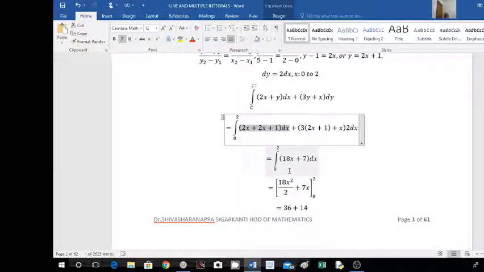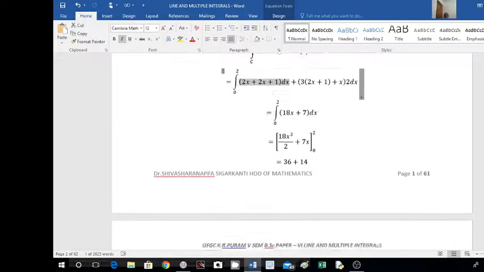Now we can integrate this one. Integration is from 0 to 2. Integration of this is 18 as it is, x integration is x square by 2, plus 7 integration is 7 into x. This is between 0 and 2. Now putting the limits here. First put x equal to 2 here. 2 square will become 4. 4 by 2 means 2 remains. 2 into 18 is 36, plus 7 into 2, which is 14. And if you put the lower limit, both containing x, therefore the lower limit will become 0. The 36 plus 14, this is equal to how much? 50. Yeah, this is our 50.